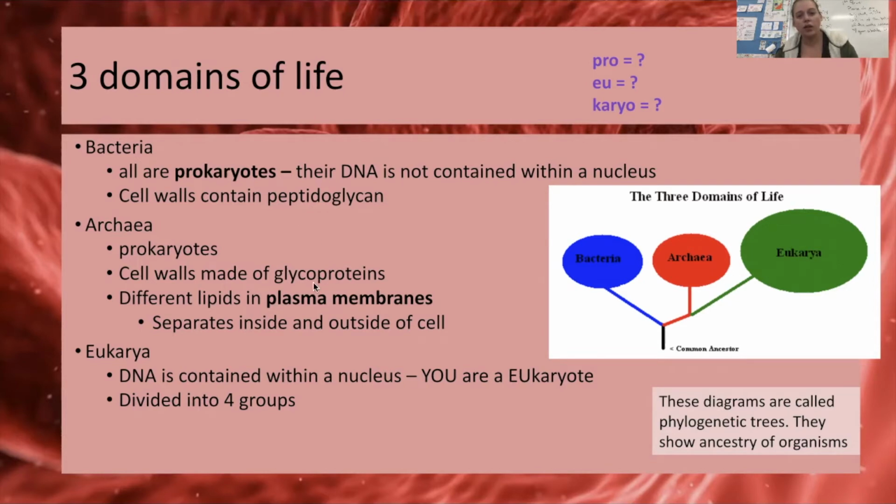Now, archaea also have a different type of lipid in their plasma membrane, and these different lipids help the archaea to survive in very extreme environments. And what I mean by that is they live in places like hot springs and very salty places like the Dead Sea. So archaea, while they can be found everywhere, have an affinity. They really like to be in these really extreme hot temperatures or high pHs or low pHs, and really salty environments is where you can find a lot of archaea,